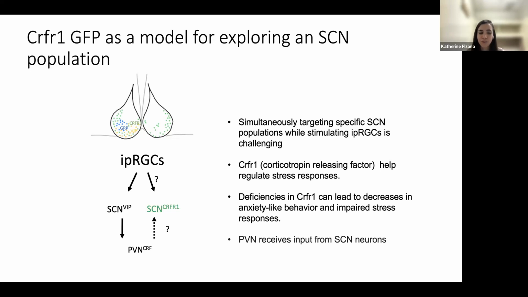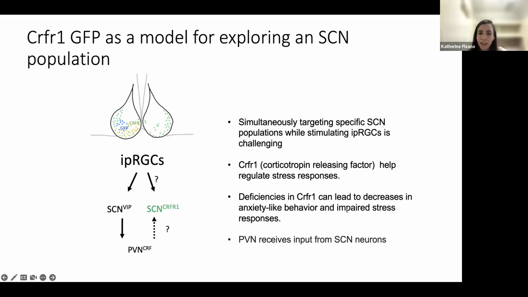So you can use a mouse line or mouse model that targets a specific SCN population, like I've mentioned before, but then you tend to be unable to stimulate any presynaptic ipRGC input. Or you can instead choose to stimulate ipRGCs using an OPN4 line, but the trade-off is being unable to distinguish the cell type you're recording from until after the